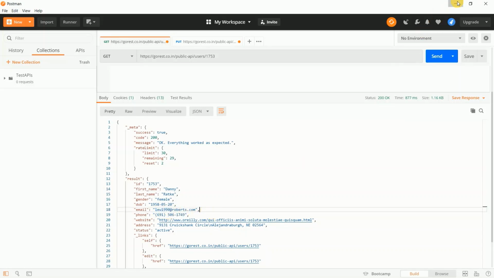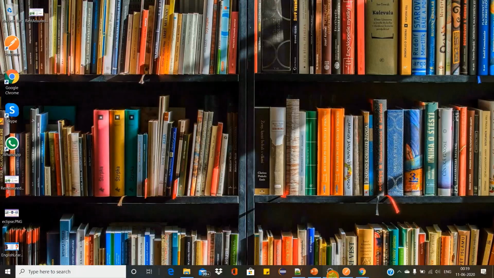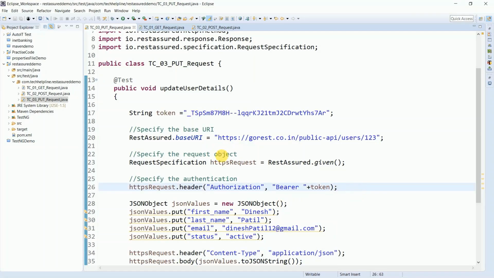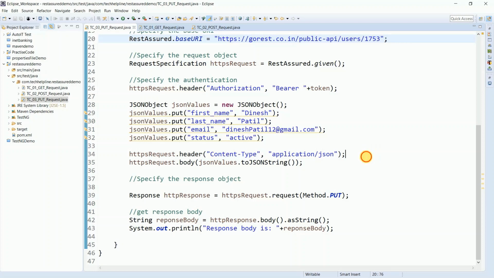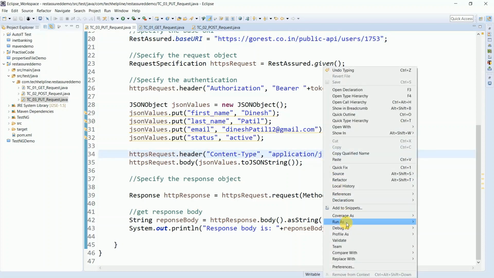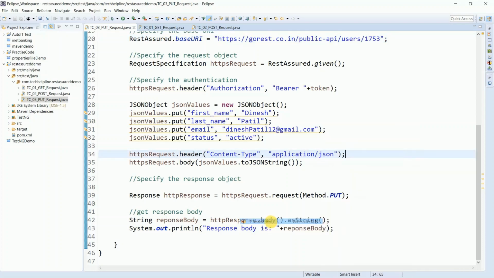So we will change this user's details using the put method in Eclipse. I am pasting that user ID here. So let's execute the code and see what will happen.